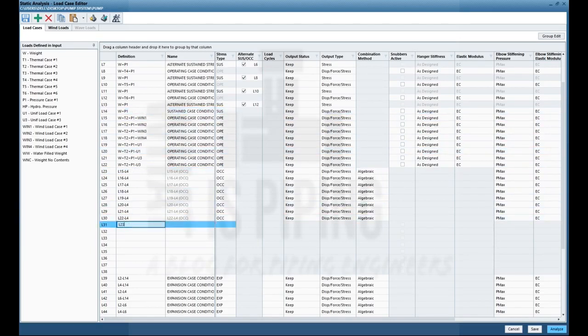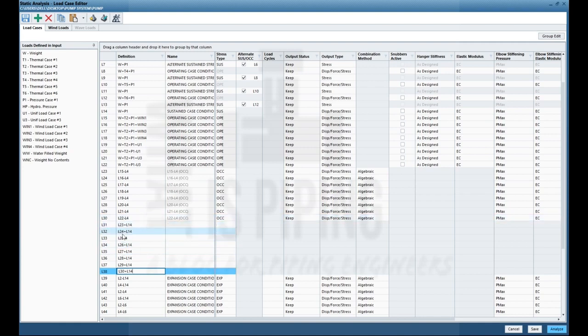So L23 plus L14, L24 plus L14, L25 plus L14, L26 plus L14, L27 plus L14, L28 plus L14, L29 plus L14, and L30 plus L14.